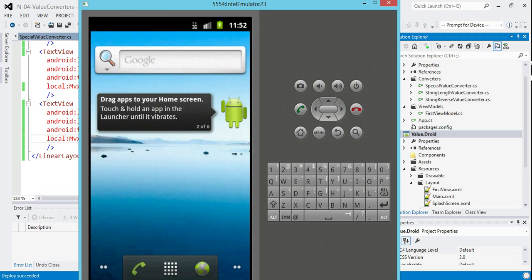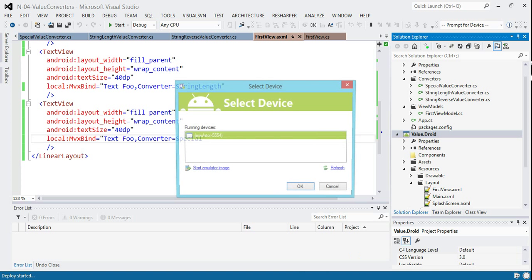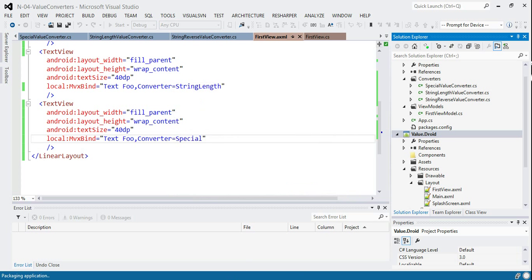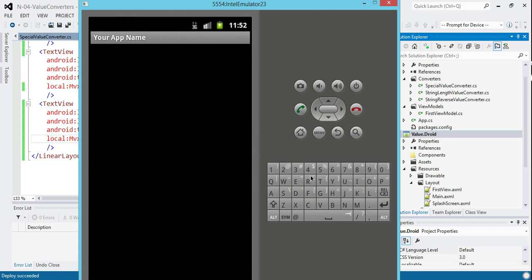So somewhere here is my emulator. I pull up my emulator. Hopefully it's running. No, it says deploy succeeded. Did I choose debug? I guess I didn't. Try that again. Debug, start new, choose the emulator. Hopefully it's going to go off, package the application, copy across, synchronize assemblies, run it up. And now what we should see, hopefully,